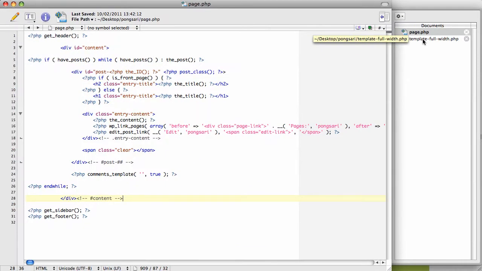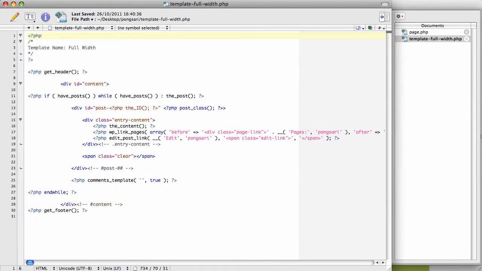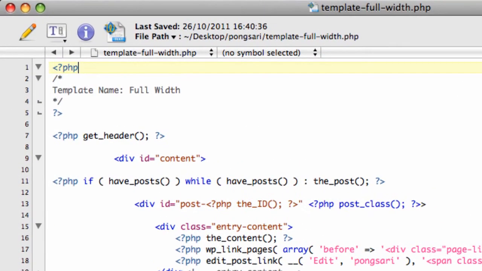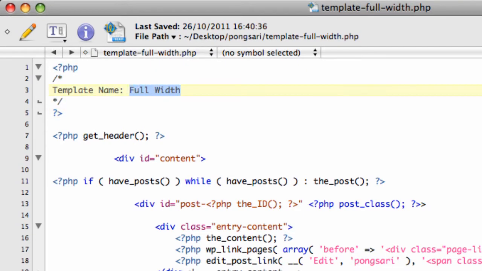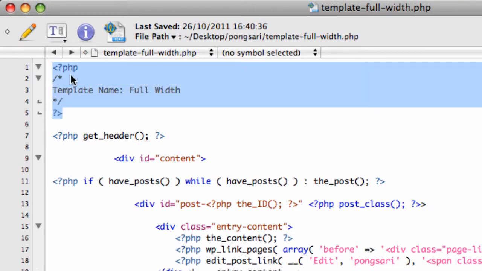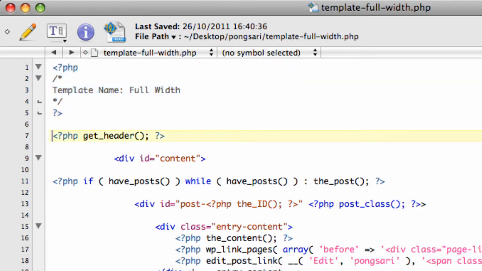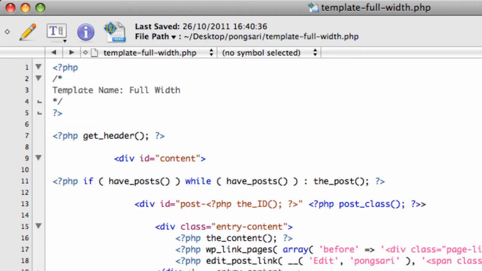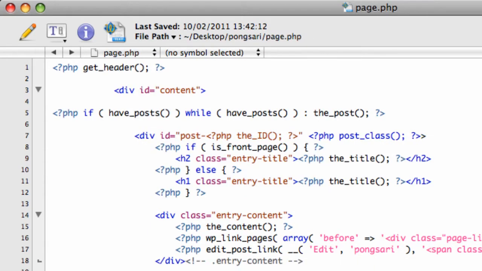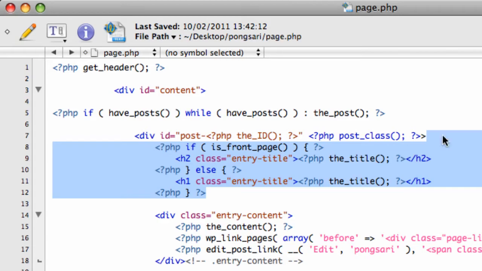Now, it was the exact same until I made some modifications. So let me give you a quick look at it first. This is the file. What I've done is I've added this bit right here up the top. So template name, we've given this template a name of full width, and you'll see how that comes into play later. Okay, now a lot of the rest of this is the same. Two key things that I removed from page.php. I removed the heading,